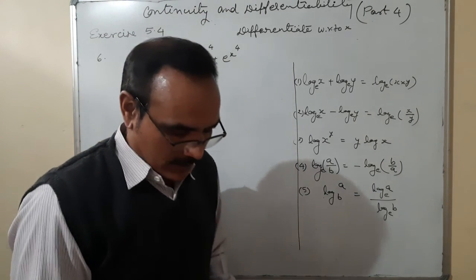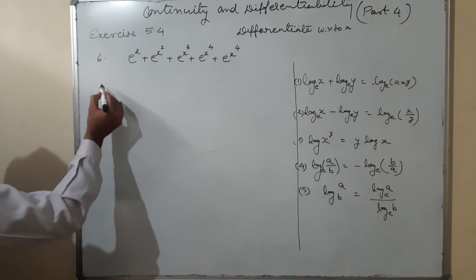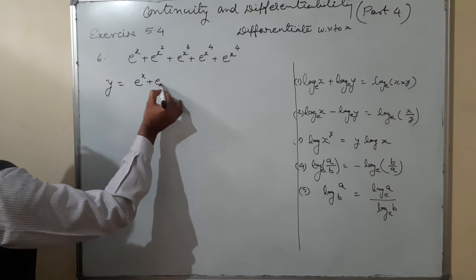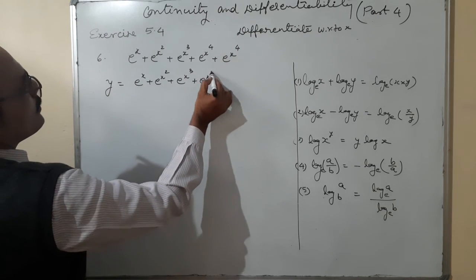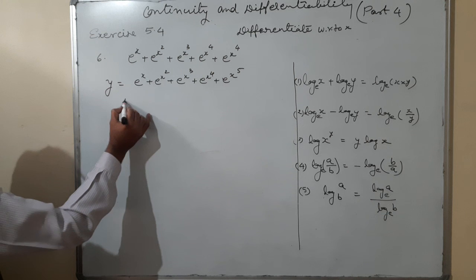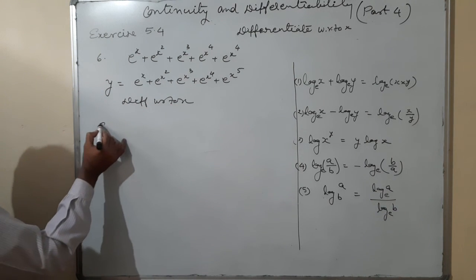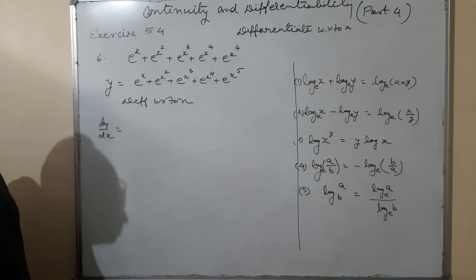Okay. How to differentiate this term? y is equal to e to the power x plus e to the power x square plus e to the power x cube plus e to the power x to the power 4 plus e to the power x to the power 5. Differentiate with respect to x. dy by dx is equal to the differentiation of e to the power x, which is e to the power x,